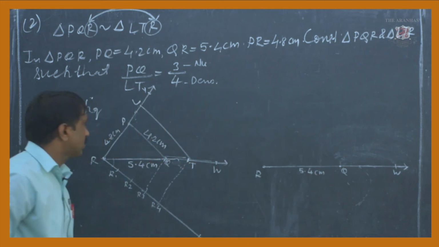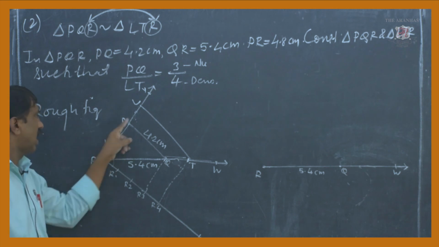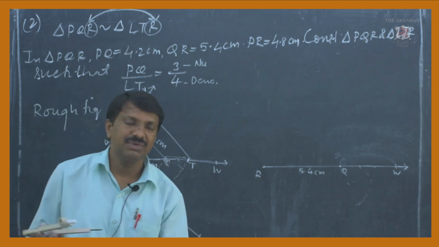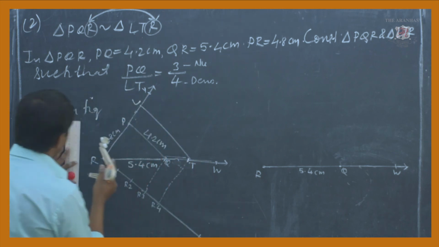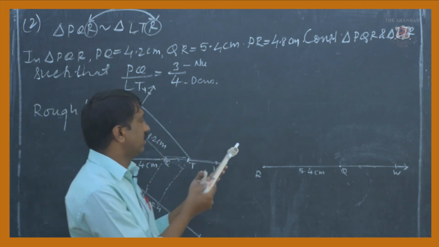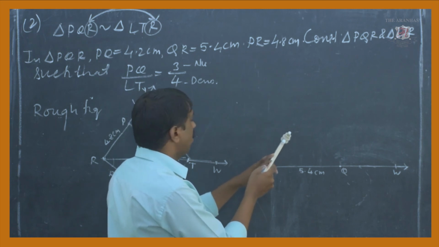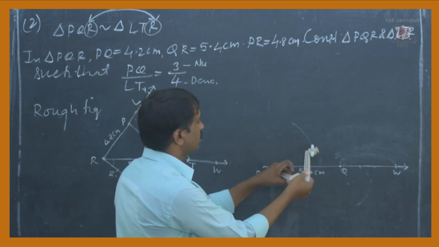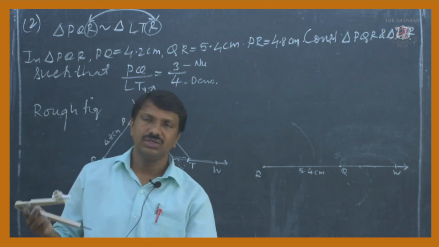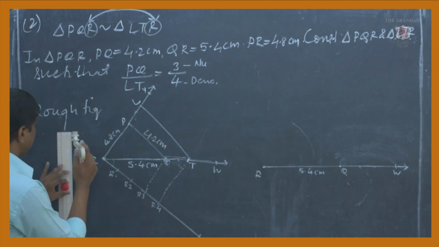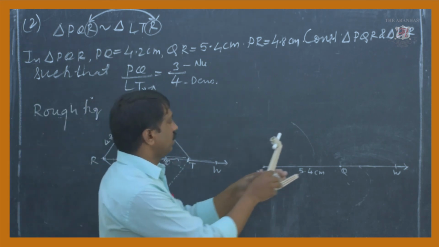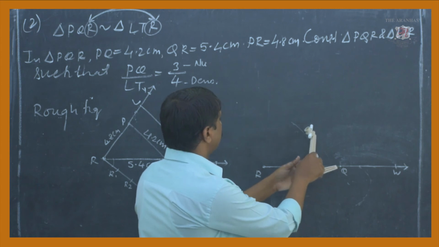Now we'll find the next vertex, that is P. From the R it is 4.8 centimeter. Take a rounder, take 4.8 centimeter distance. Suppose here I'll take, this is 4.8 centimeter. So 4.8 centimeter distance is taken on R point, and from the R we'll construct one arc. As well as from Q, P point is 4.2 centimeter. Again we will take the scale, measure it and calculate the distance. So now here we have 4.2 centimeter. Keep your rounder at the place of the Q and join them.